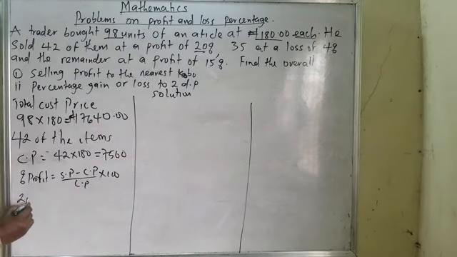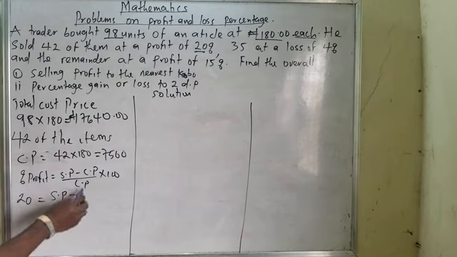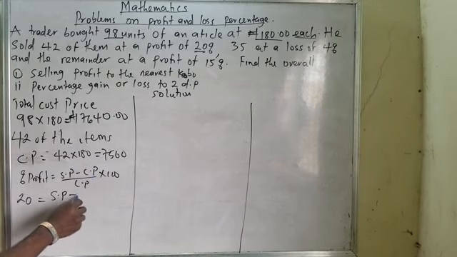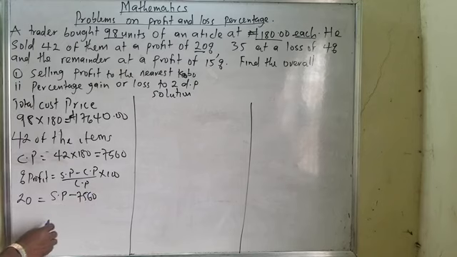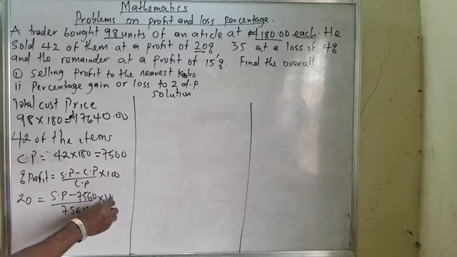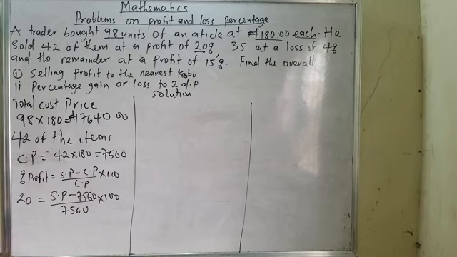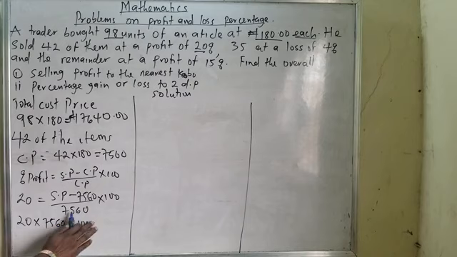So 20 equals selling price minus cost price, which is 7,560, divided by 7,560, multiplied by 100. Normally, I'll be having 20 multiplied by 7,560 equals 100 times selling price minus